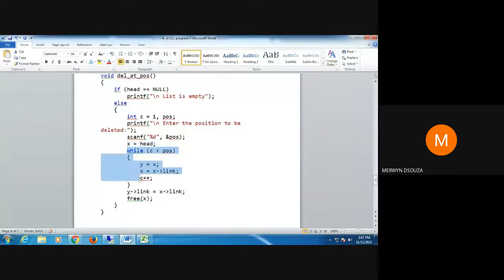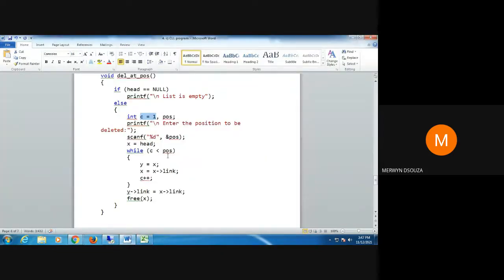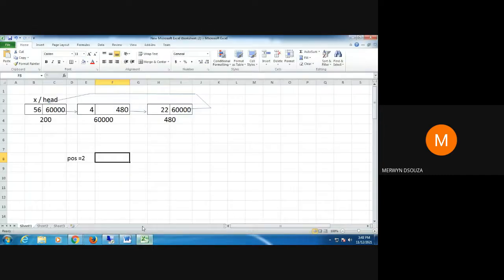Next, I check, is C less than position. C value is 1 and position value, like I told you, is 2. So yes, 1 is less than 2, so I run this loop. I say y equal to x, so y is also pointing here.